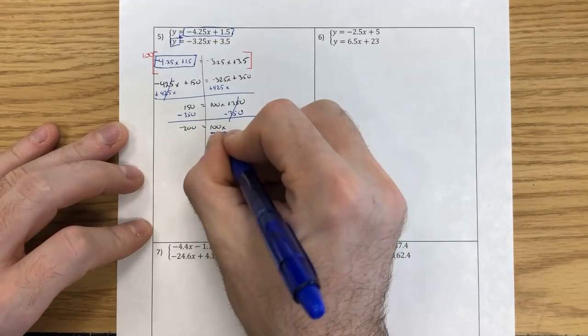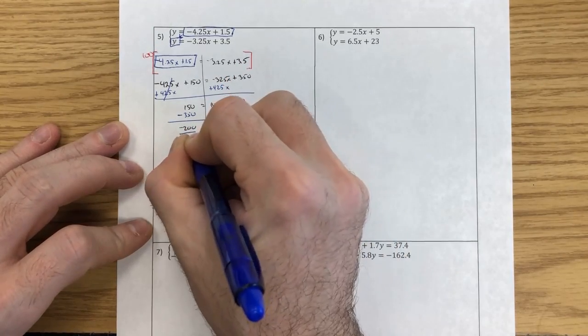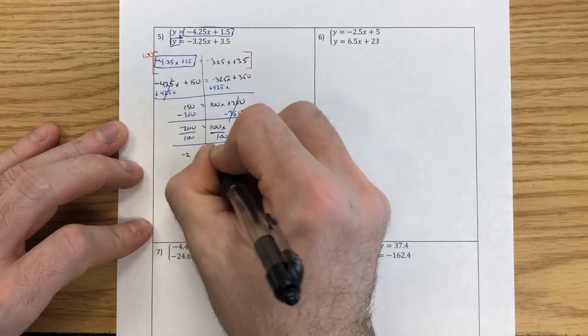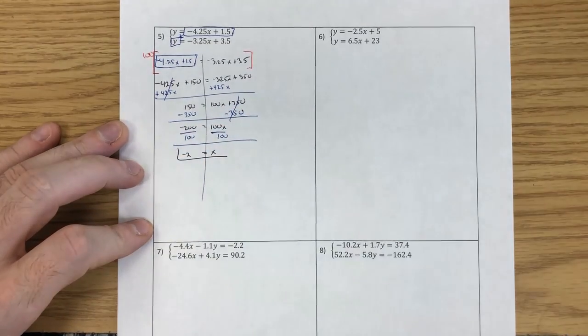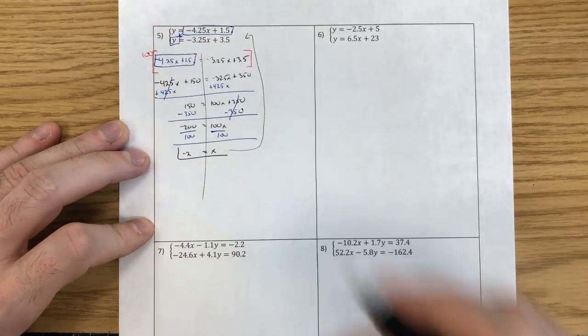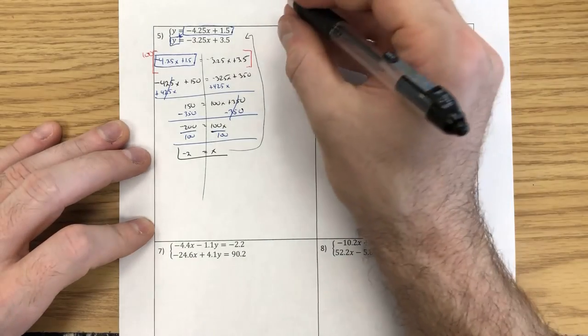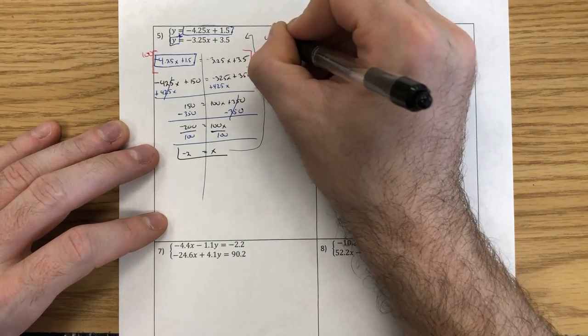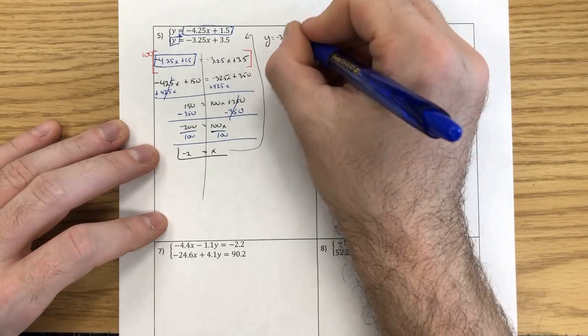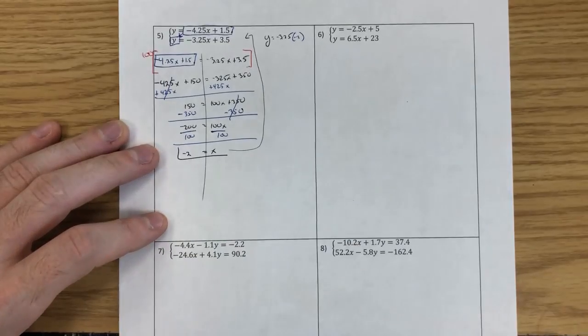And then I'm isolating the coefficient. Boom. Once I've isolated it, I plug it in. .25, 2,